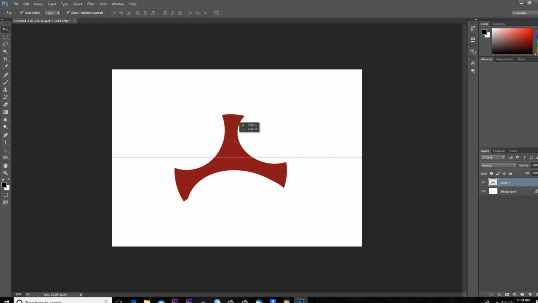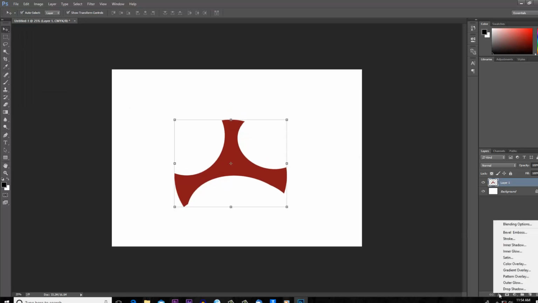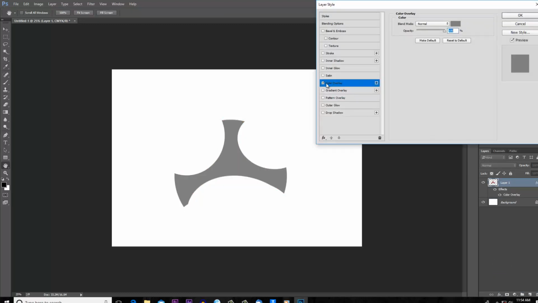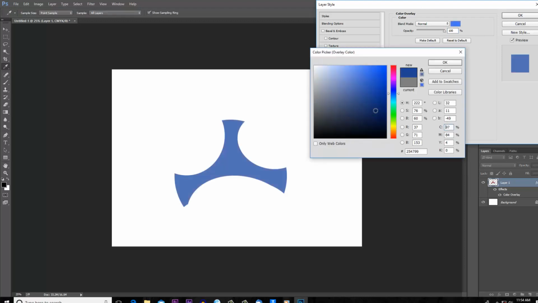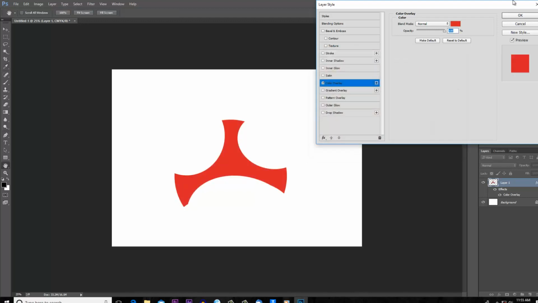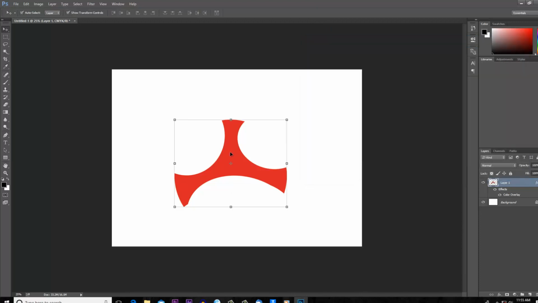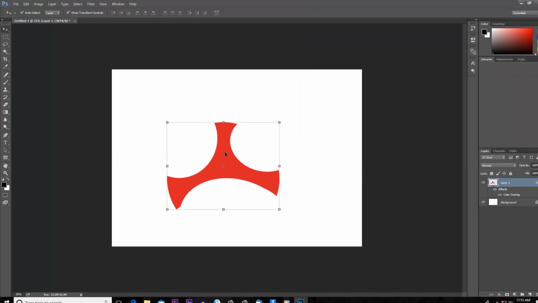What could work is going to the effects at the bottom right. When you go to effects, you can click on color overlay. When the overlay is ticked and this layer is selected, you will see the properties here. You can now change the color of the shape and then click OK. As you can see, that's the way you change the color.